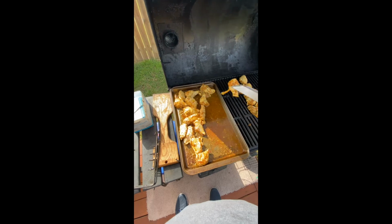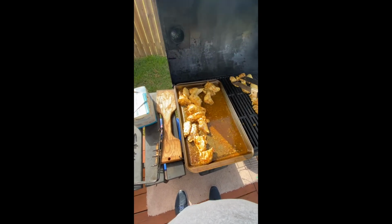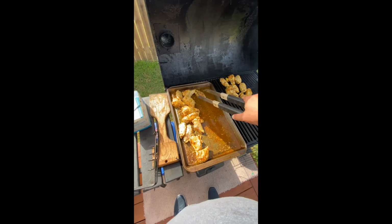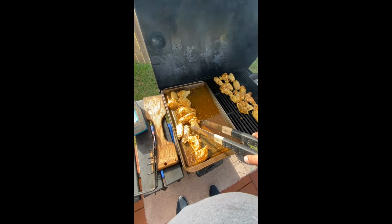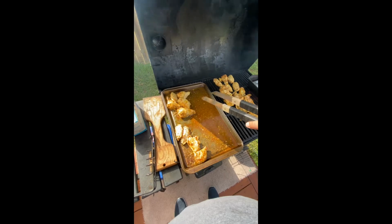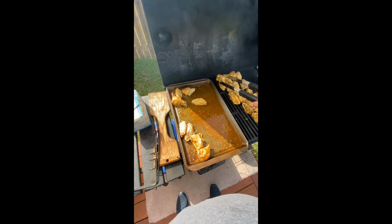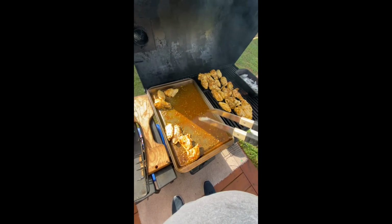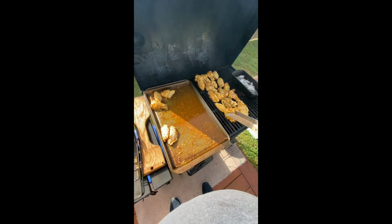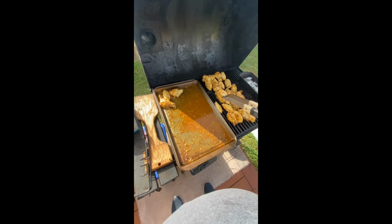So I went ahead and you can see, like, I didn't really dry them off the best. You can still see the marinade is in the pan right there. And because I didn't do that, I was like, all right, well, let's go with it. So after I unload all these, I poured all the juices from this pan onto my chicken wings that I already had laid down, because I'm like, why not? Let's do some more flavor. Let's keep the heat up. Let's get this marinade to sink into the meat a little bit, or get onto the skin,